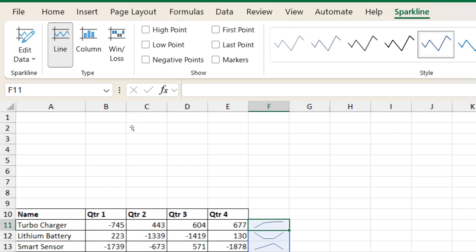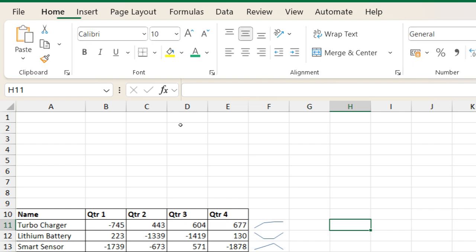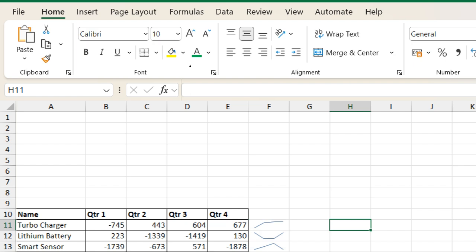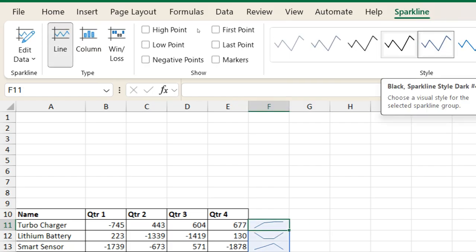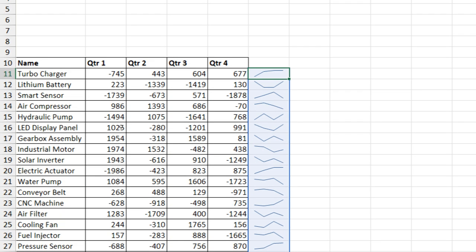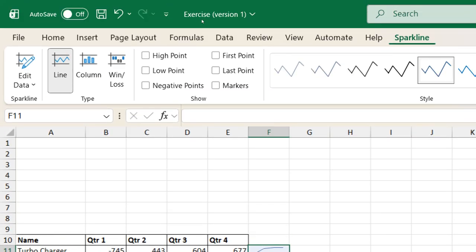What is the advantage or what is the purpose of the spark line? Suppose I want to know in which quarter we have the highest sales or production, or which quarter we have the lowest. So let us go to the spark line, high point. Select this high point. All the highest points are selected. And I select the low points. Once again, all the low points are selected. But unfortunately,